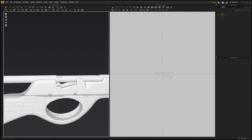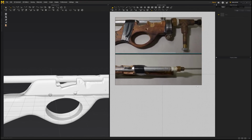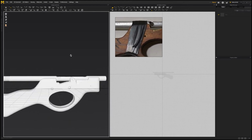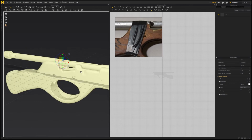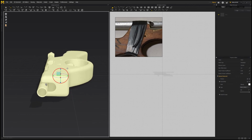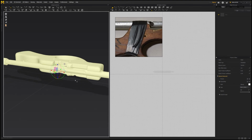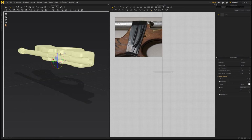So now we just need to make some tape just like this. At the moment I'm just going to focus on this piece here. And the way I'm going to do this actually is I'm just going to select it in the middle here, and I'm going to tilt it, holding shift to snap on the axis. And then I'm just going to bring it above the center, because when you do the simulations it won't go past it. In my experience it doesn't go past the grid. So if you raise it up higher,